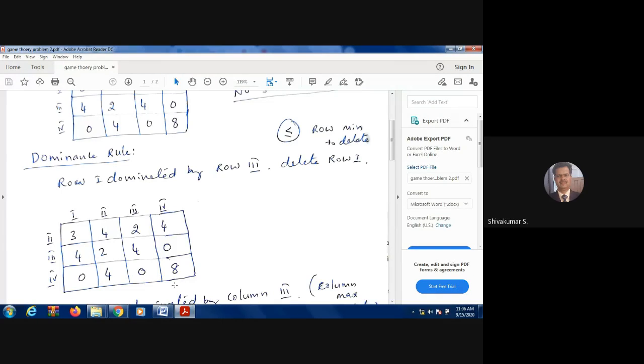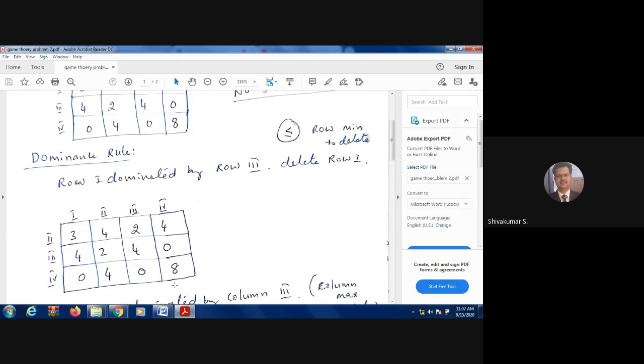Now check out any other rows which are going to dominate. First row, that is 3 less than 4, 4 greater than 2, so it won't work. 4 greater than 0, 2 less than 4, won't work. So you can check the values are not matching. So no rows are dominating. So you don't go row wise now. You go column wise now. Check out any values greater than or equal to any other columns. For example, first column value 3 less than 4 and 4 greater than 2. So first column and second column, not dominating.